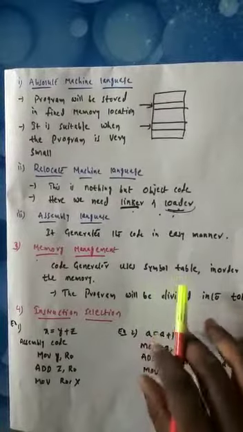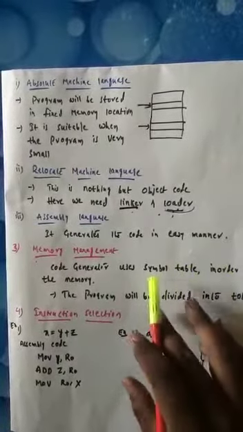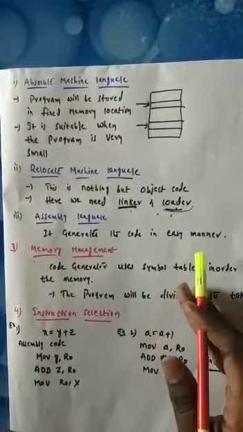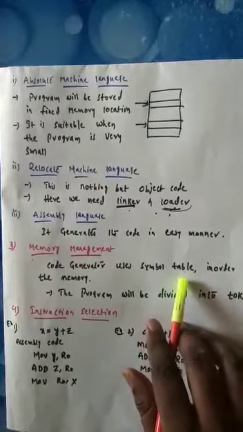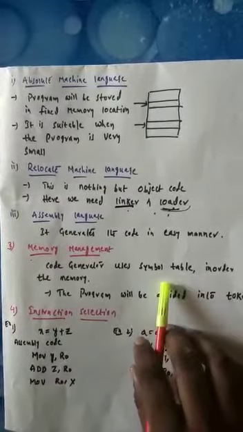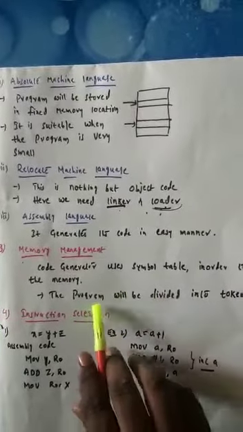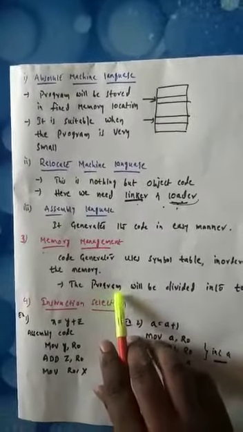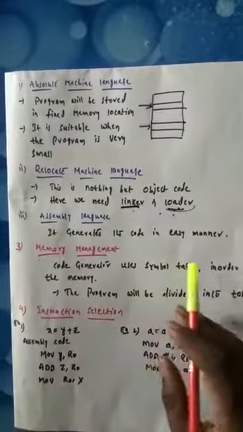So the code generator, whether it is lexical analysis, syntactic analysis, or semantic analysis, will use the symbol tables. Here, a program will be divided into a number of tokens. What is a token here? A token is the smallest individual unit in a program. It may be a variable, a constant, an operand, etc.